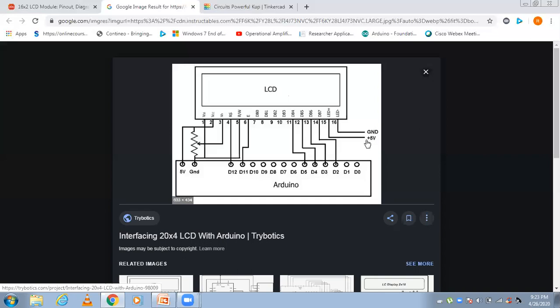It is connected through a resistor, just to limit the current. And the last pin will be ground. So this is the connection we should make for LCD operation.